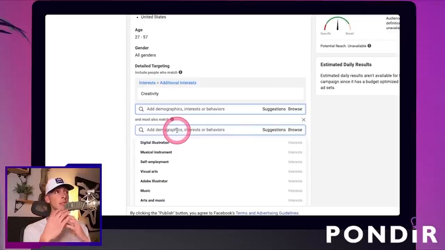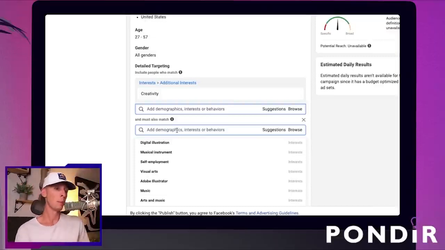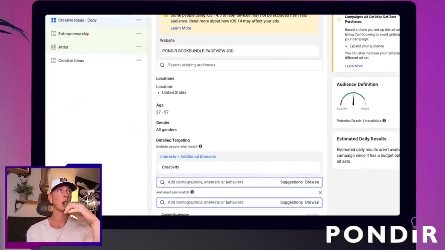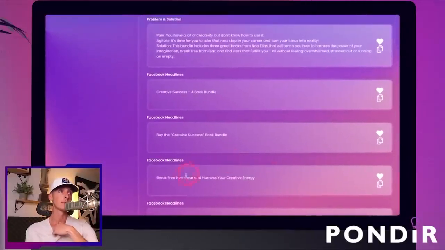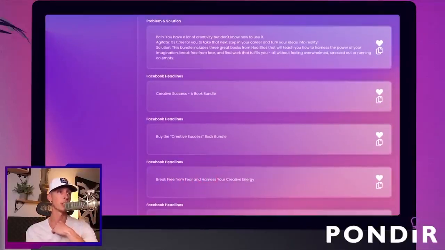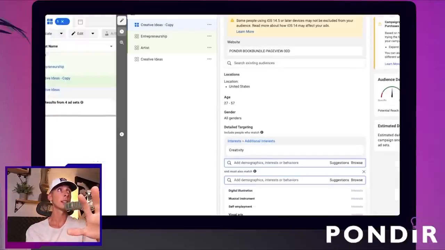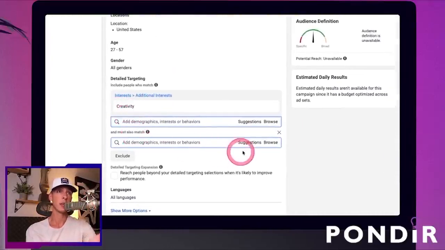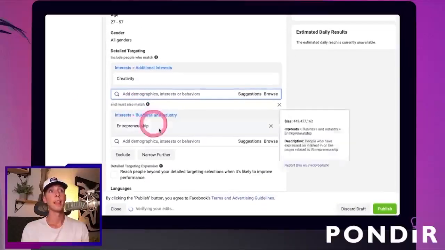But let's think, like, if someone was to buy this book, and remember, pull up your Miro board with your advertising story. That's going to be extremely beneficial here. But creativity, and specifically with our ads, let's just go to our saved ads so I can really reference these. Break free from fear, harness your creative energy, creative genius, turn your career and ideas into reality. I like that. So let's think about it like this. What if we target creativity, but then we narrow it by entrepreneurship? So now we're getting creative entrepreneurs, and we narrow it